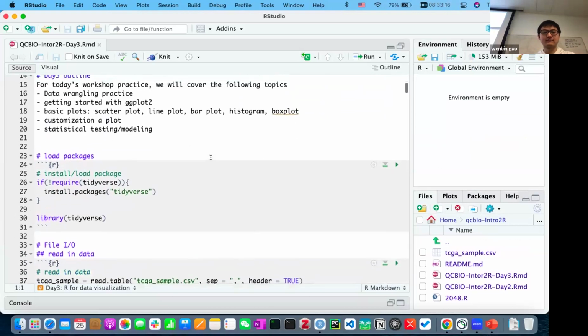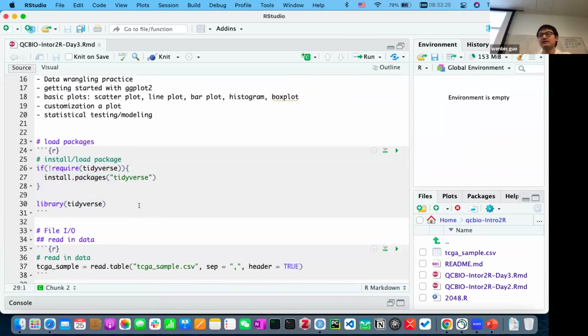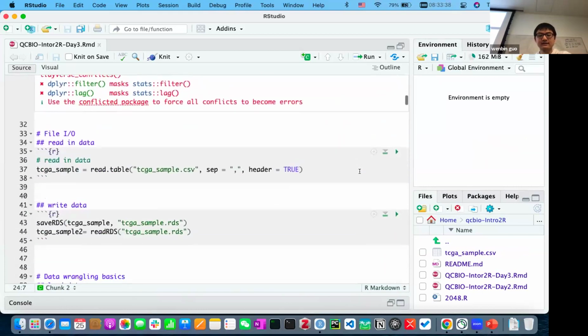So again, the very first thing is to load the tidyverse package. It contains basically everything we will need in this workshop. It contains dplyr and also ggplot. So those packages are nested in the tidyverse. You can run it first. And after that, you can try to read in the data, but remember that if you just run this line,